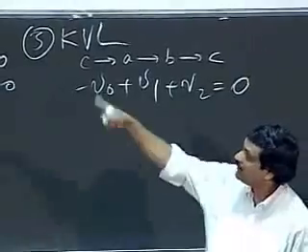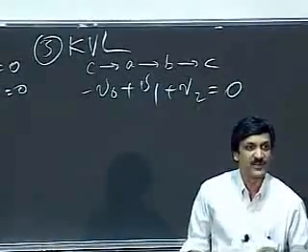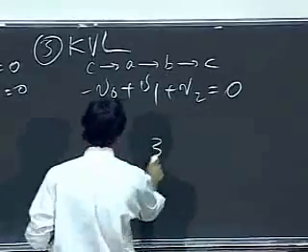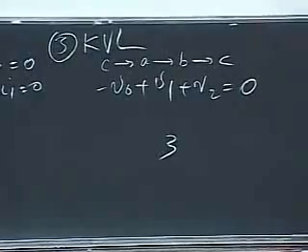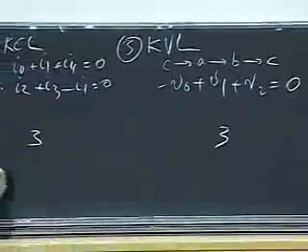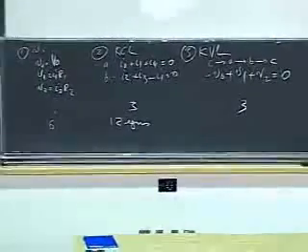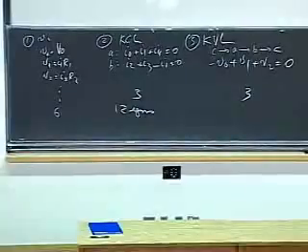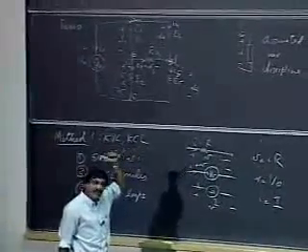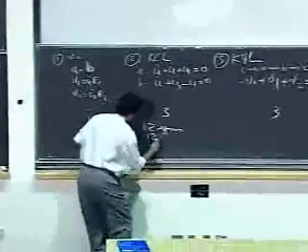All right. So in the same manner here, there are 4 loops that I can have, so 4 equations. Again, one of them turns out to be dependent on the others, so I end up getting 3 independent equations. So I get a total of 12 equations. There are 6 elements, a voltage source and 5 resistors, so there are 6 unknown voltages and 6 unknown currents. Phew. So I have 12 equations and 12 unknowns.